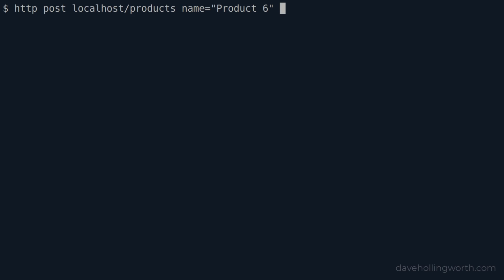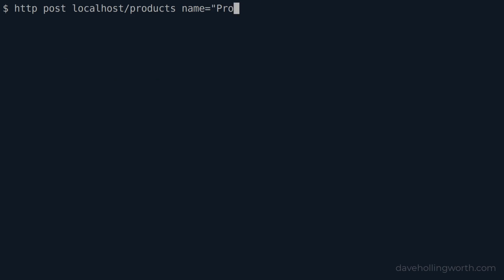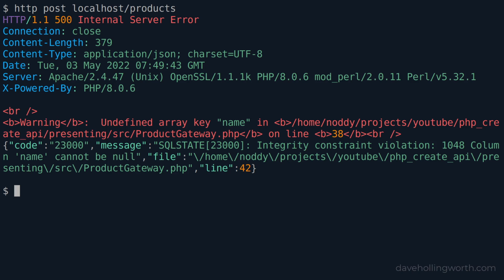Now if we make a successful request to create a new product, we get the 201 created status code. Watch what happens though if we make a request with no data at all. We get a couple of errors. The first tells us we have an undefined array element. The second is a database error that comes from trying to insert a record with no value for the name